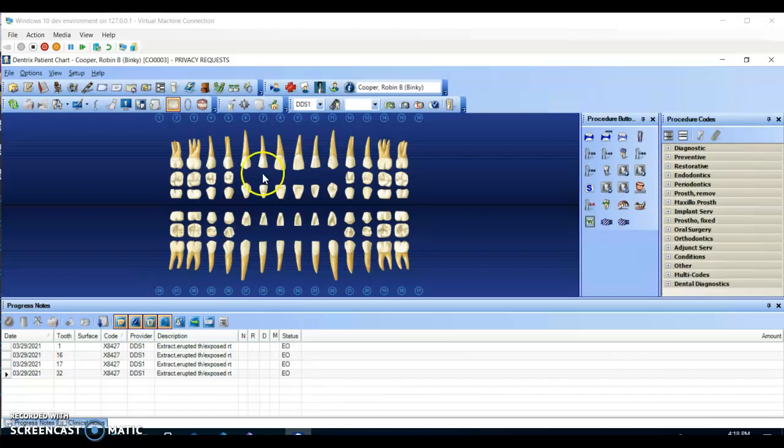Okay, next it says, let's assume that Robin Cooper needs a MOD amalgam on tooth number 14. So it says we would follow the same procedures. We would locate tooth 14, we would select it. Then in the procedure shortcut buttons, now remember, these shortcuts are designed to make it easier or quicker for Dentrix